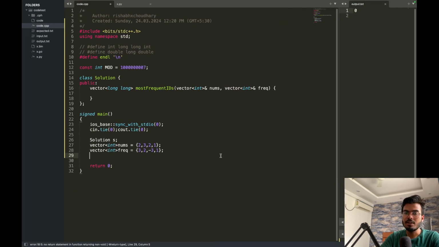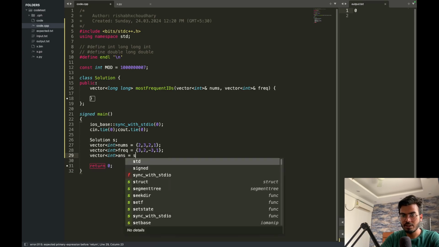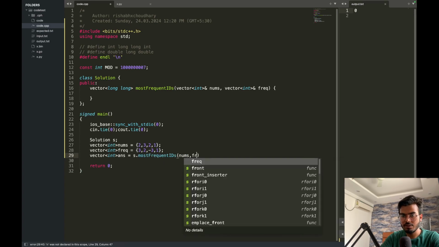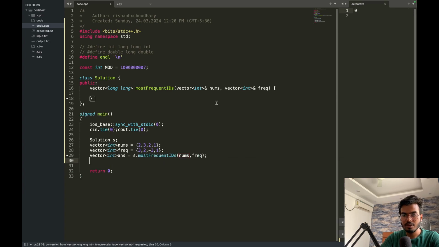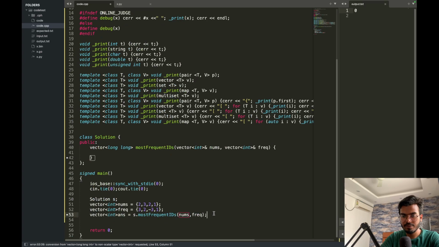Yeah, and now let's also have vector int answer is equal to s.mostFrequentIDs(nums, frequency). And just to print this answer, I think I will use my debugger template, and let's say debug answer, and